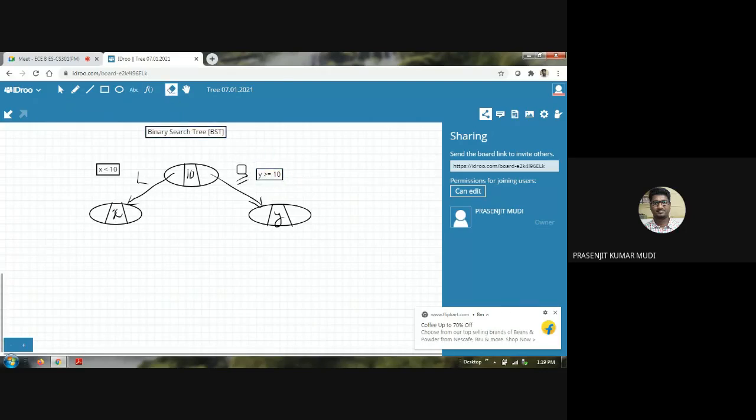So this is the most commonly used policy in a binary search tree, the less than and greater than or equal to policy. You can think of x as a function.